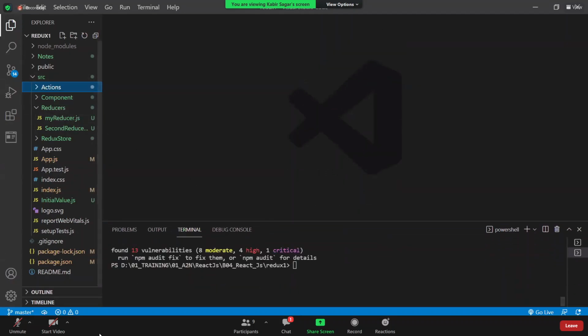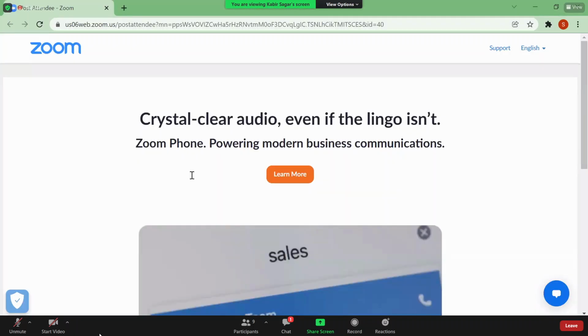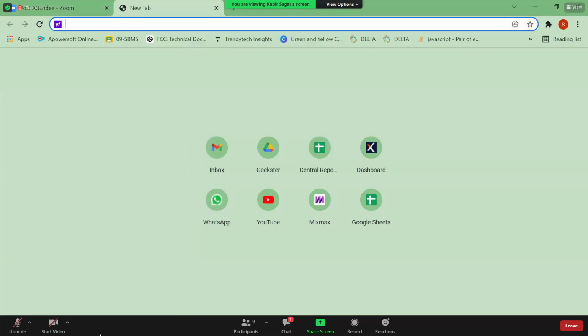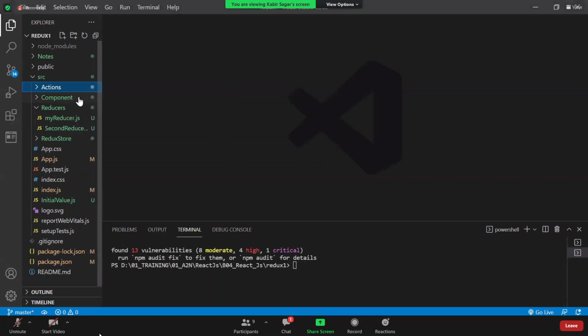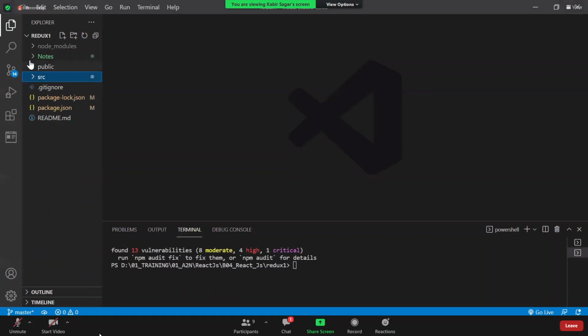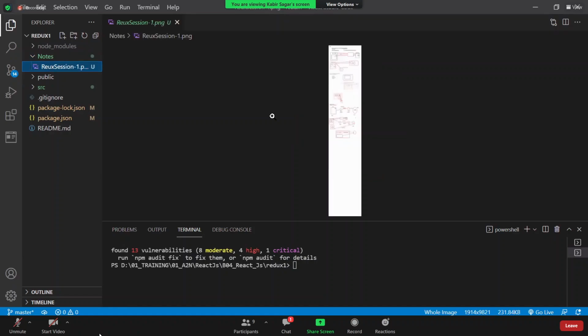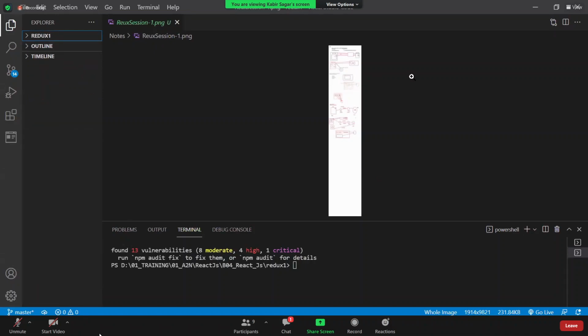Okay, so let me create one repository here. I will create that repository and give it to you. You just have to download it. Totally you will get 2 projects, one with the name Redux 1, which will contain only Redux. And here I'm adding this one paint file for reference. And one more you will get, project 1, in which we covered the examples from the last session.